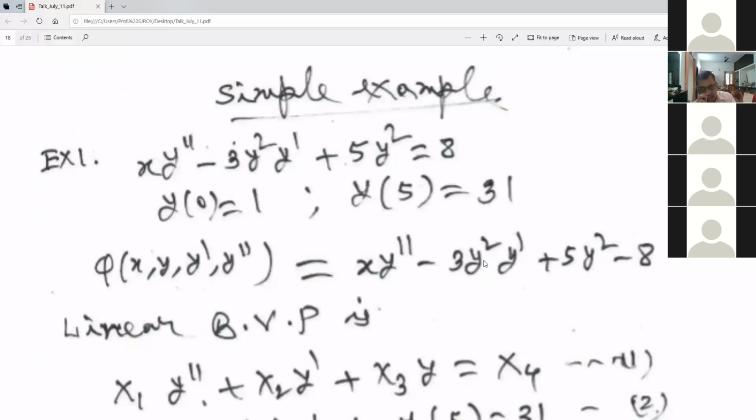In general, we are assuming that phi is a smooth function. Smooth function means partial derivative exists, that's all. Even if you take a smooth function, you can't solve it. See, this simple example also you cannot solve. Partial derivative should be there. That means you take a polynomial equation.